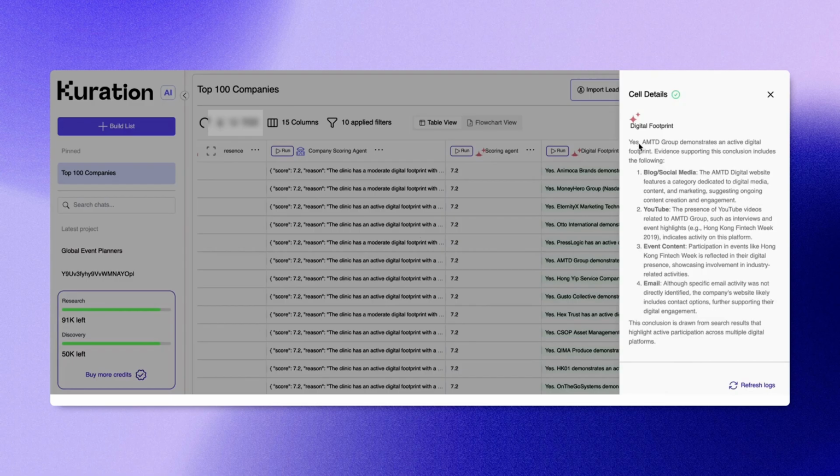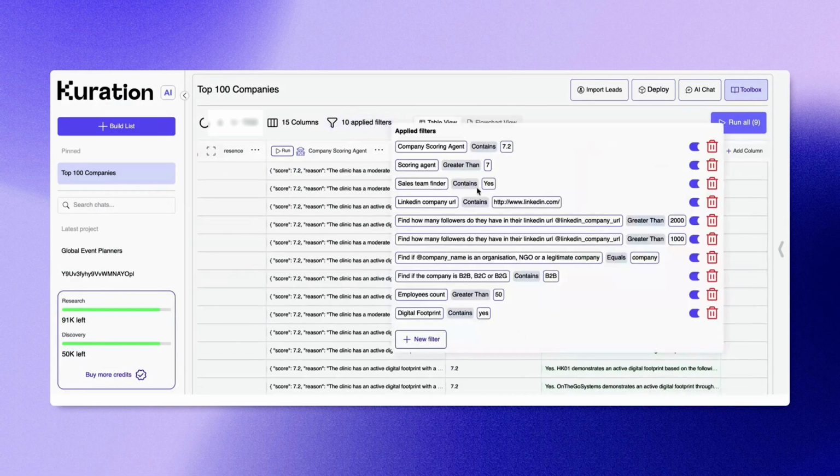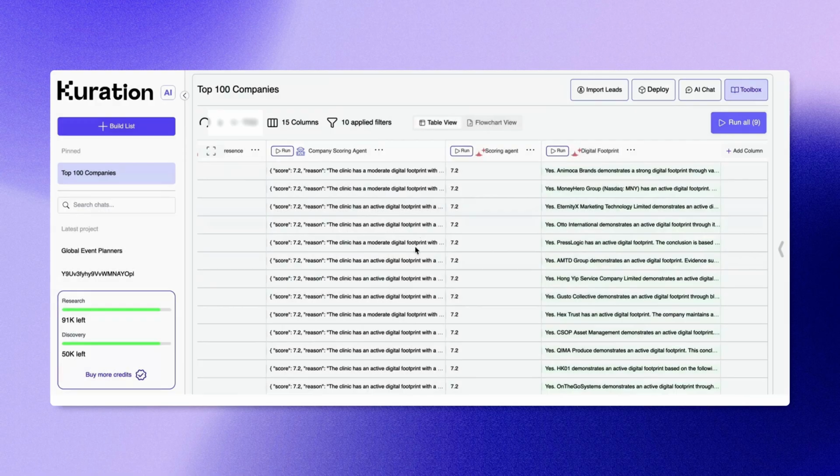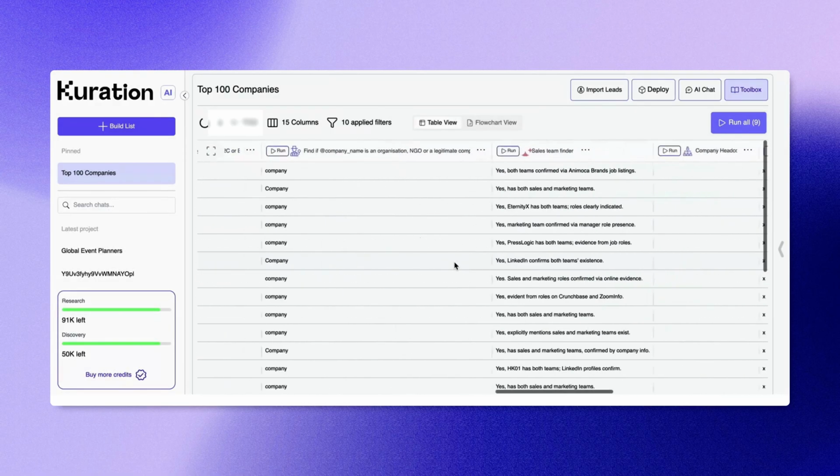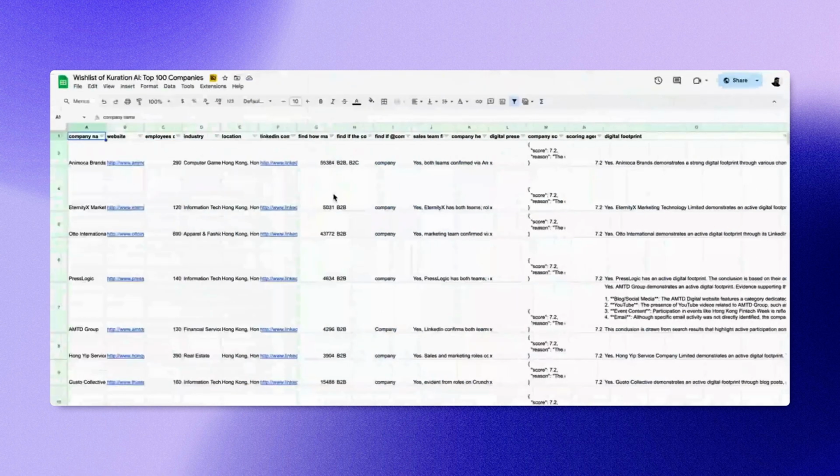This involved a detailed review of their social media presence, including YouTube and content emails. We applied approximately 9 filters in total, each with varying criteria, to condense the original list from 27,000 companies to 100.